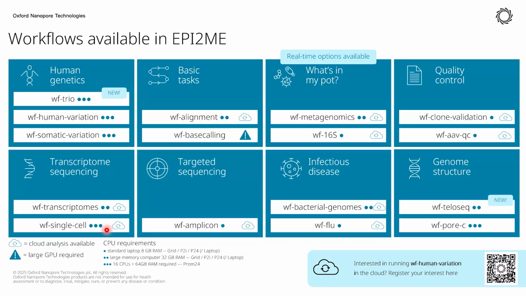But we do support a number of 5' and 3' kits, as well as the Visium and Visium HD kits. So we do have a lot of support there. The workflow is mainly focusing on the gene expression data. So if you do have ATAC-seq data or some of the other approaches, our workflow doesn't quite handle that data